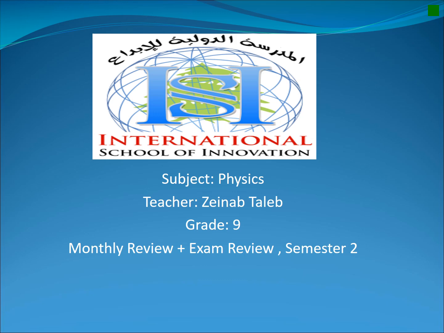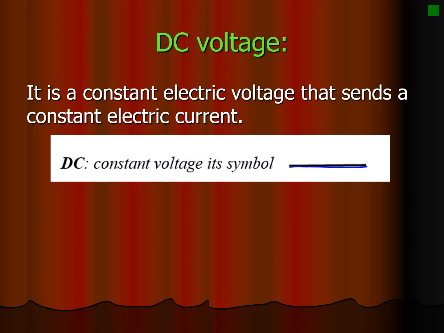Physics, monthly review and exam review for semester 2. DC voltage. It is a constant electric voltage that sends a constant electric current. DC voltage, its symbol is